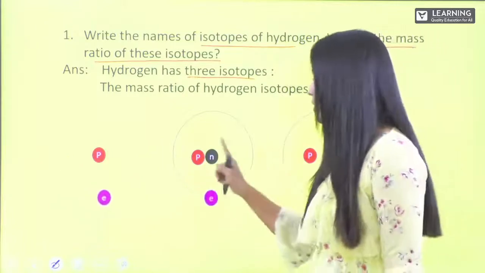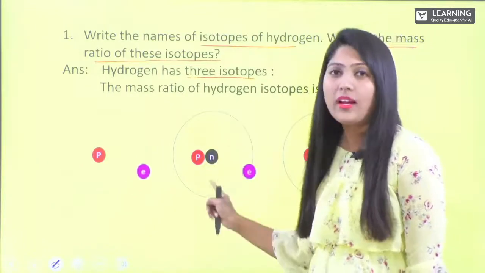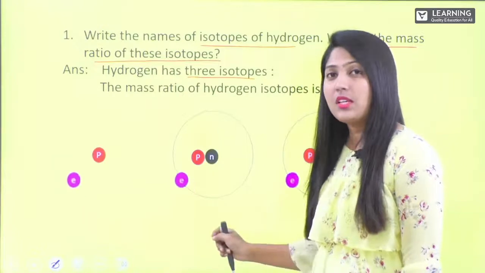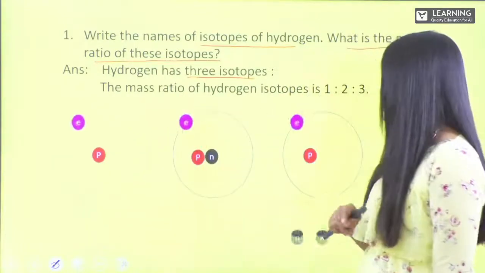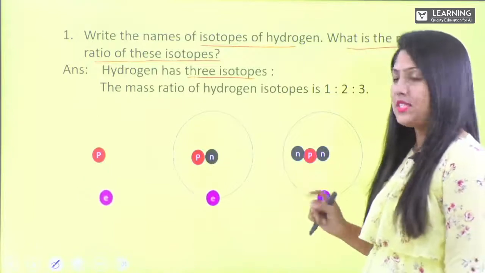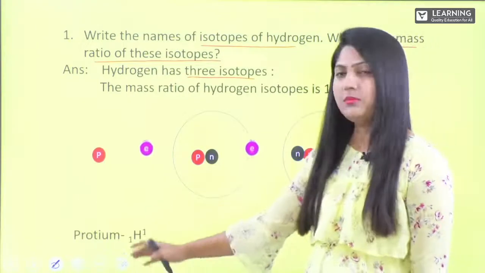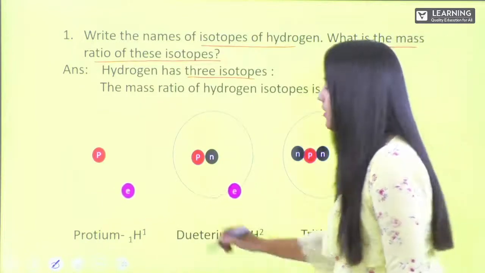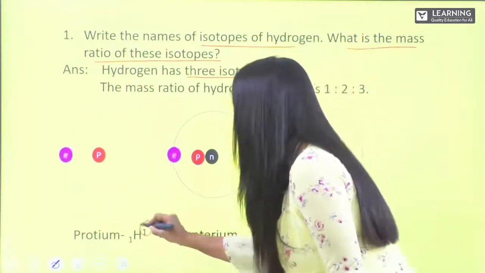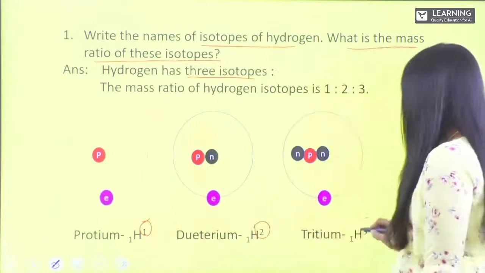They have 1 proton, 1 electron and 1 neutron in deuterium, 0 neutron in protium and 2 neutrons in tritium. If you see protium, deuterium and we have tritium, where here the mass number is 1, 2 and 3